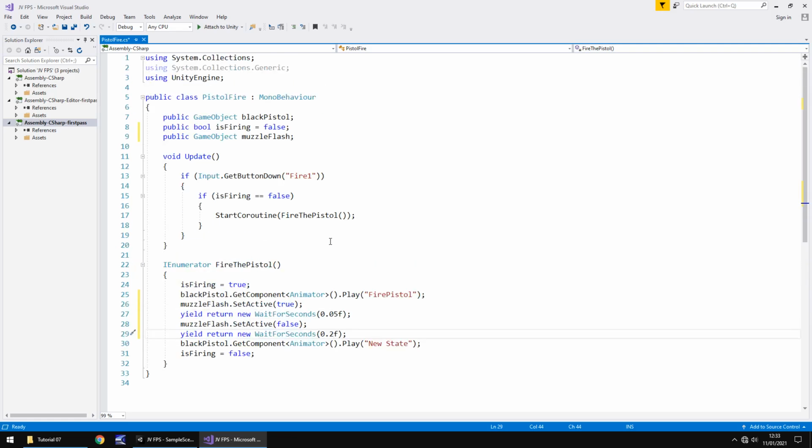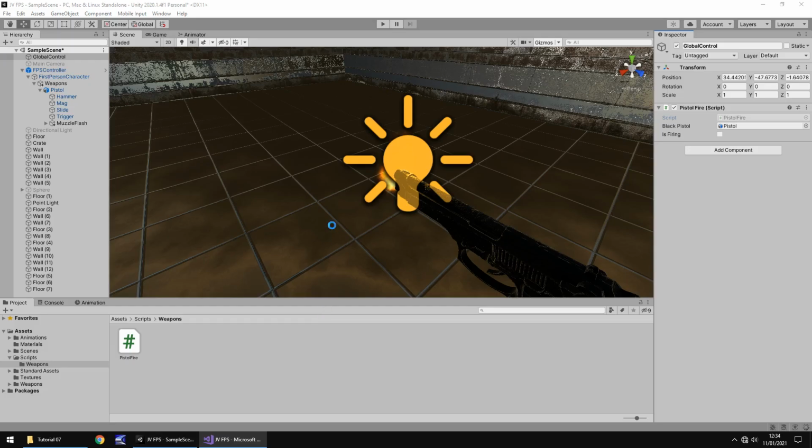So to quickly recap these extra lines of code, how many is it? Because we've got this one here, and then these 3. So 3 extra lines of code, and we've got our muzzle flash functioning. All we've done is add that extra variable, told it to come on in the correct place, wait for a specified amount of time, and then turn it off in the correct place, and then carry on as normal. So if we save our script now and head back into Unity and quickly let it compile,